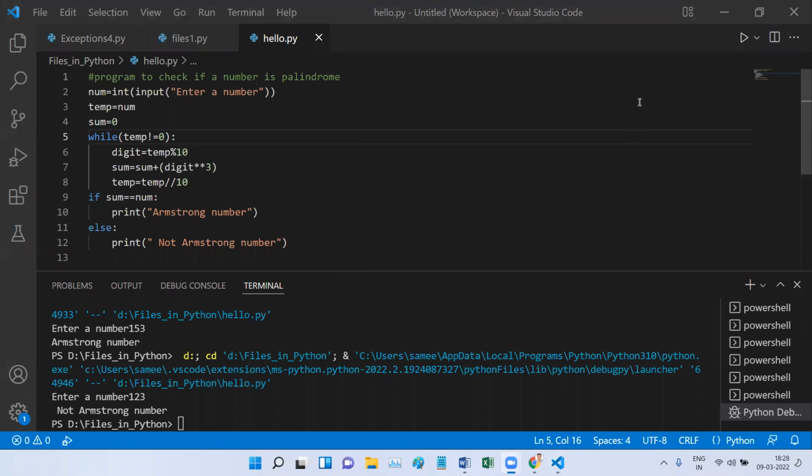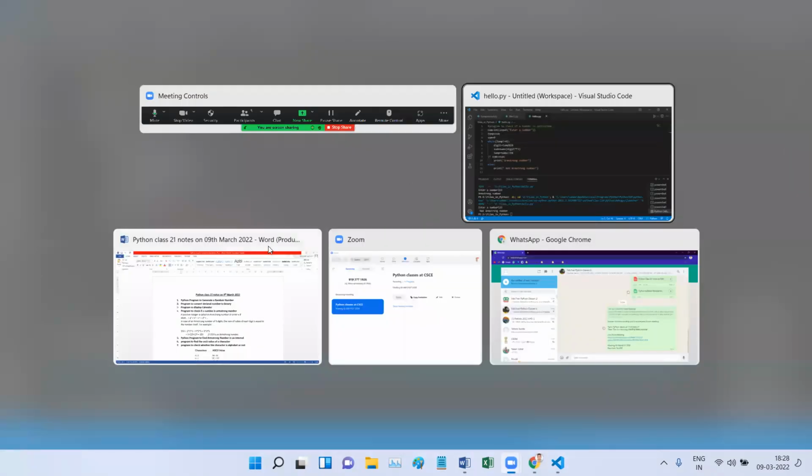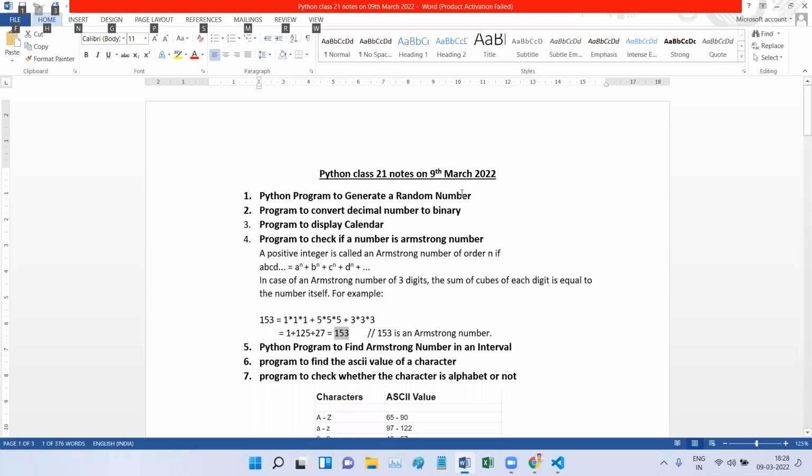So in here, what we are learning using this example is, first of all, the Armstrong number. Then we are learning how to work with modulo division, and how to extract individual digits from a number. We are also learning about the exponential operator and floor division. These are some important things you learn to work with when executing this type of program. Since I am getting no doubt, I am going to proceed further.